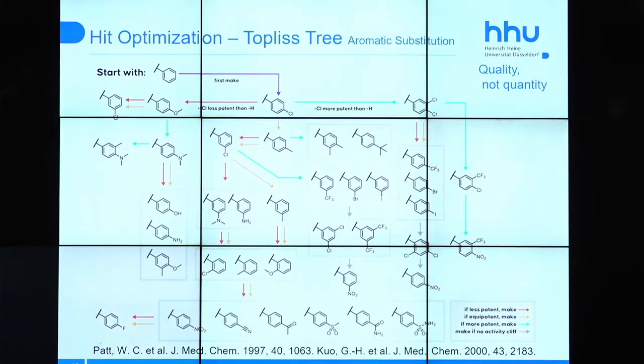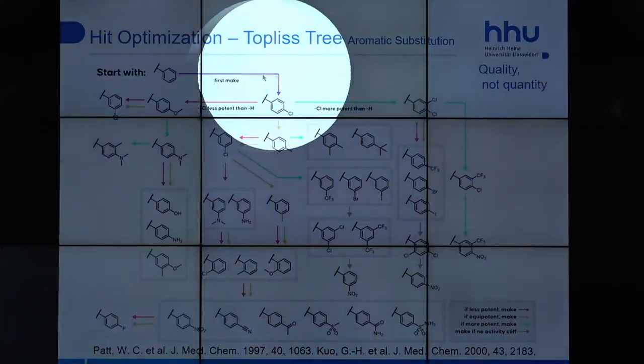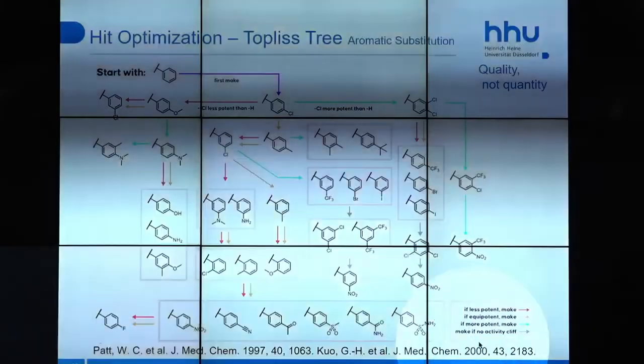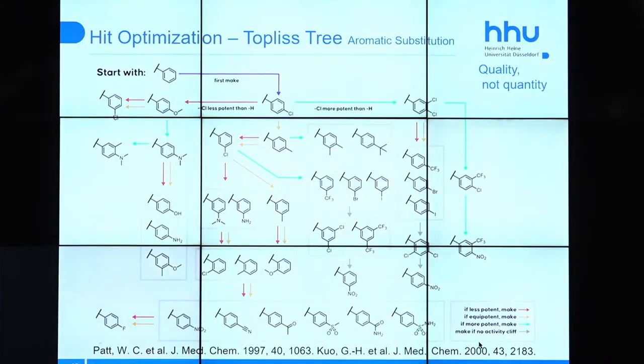And here, one of these examples is a Topliss tree. Yeah? It is quite old, described last century in different aspects, but not very often found in medicinal chemistry textbooks really so far. And I really don't know why, because I think they are quite useful, quite handy to get